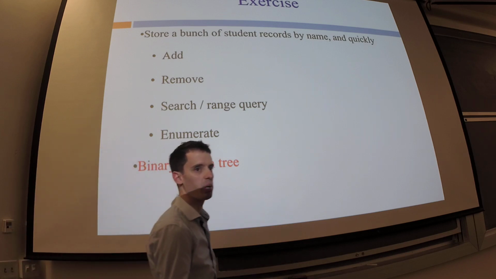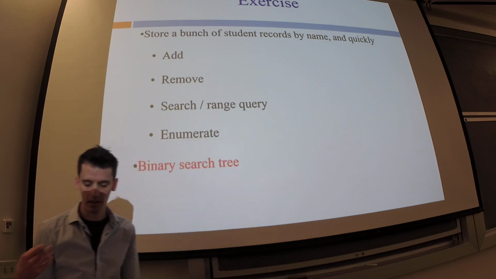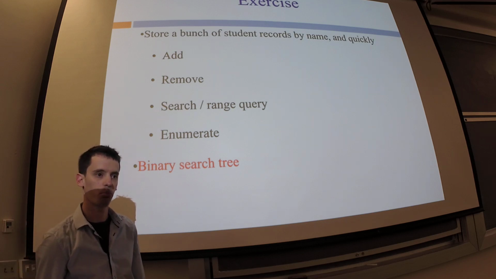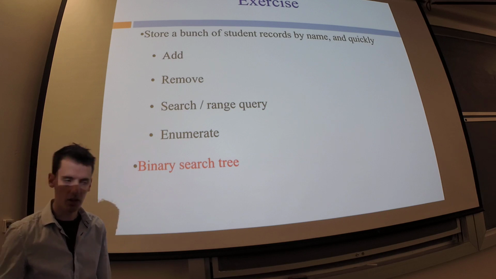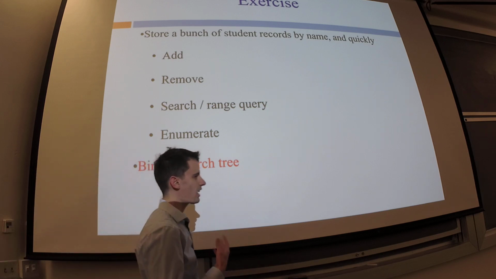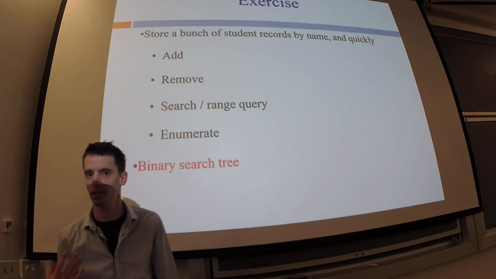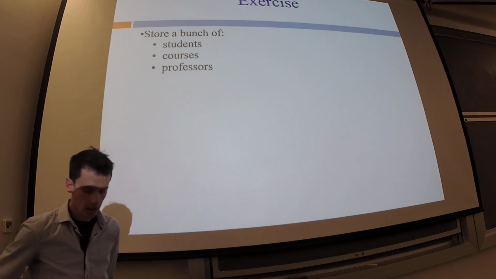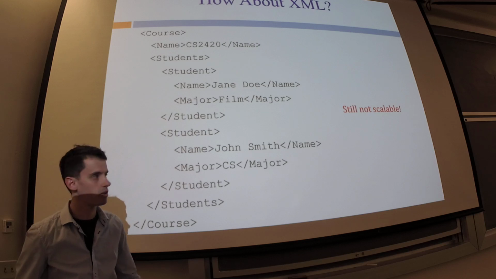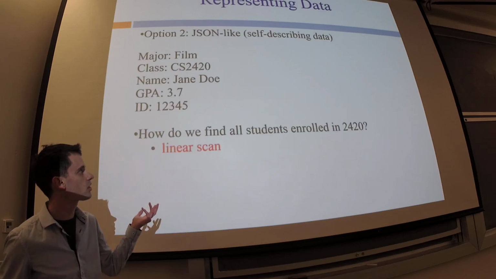Turns out this other answer, B tree, is another form of search tree, but just not binary. Binary search tree is probably the one you're familiar with. It's not actually really what a database uses. It'll use something called a B tree. So, good. That starts to solve this problem of, well, we have structured data,